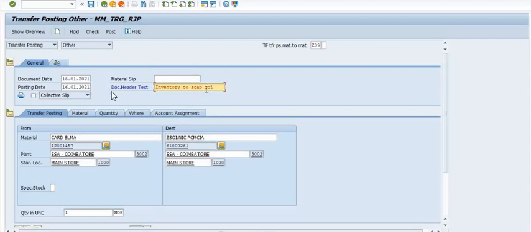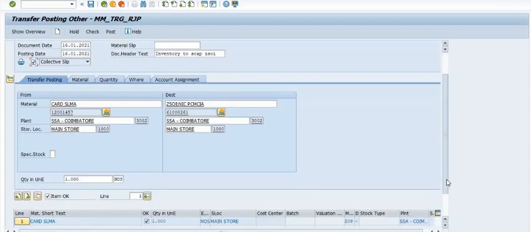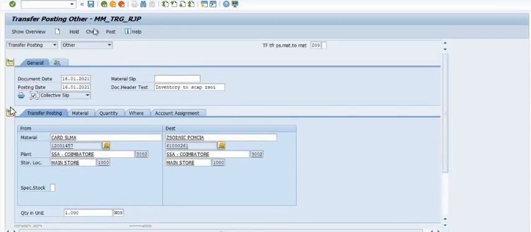You need to maintain the document date and posting date as per your suitability. Check the collective slip, maintain the quantity, check and post.